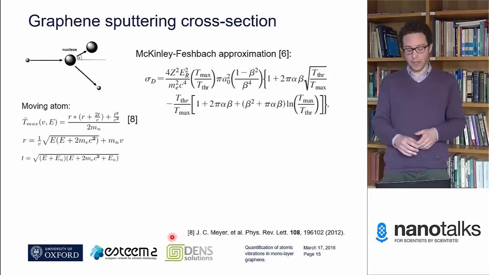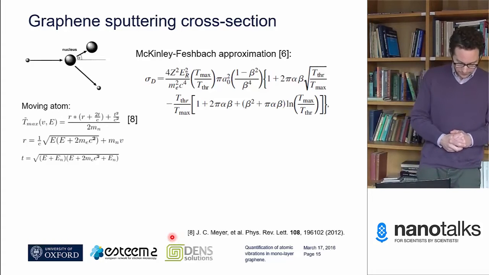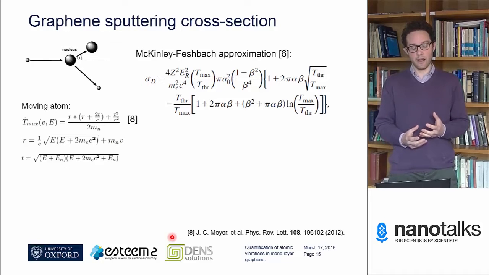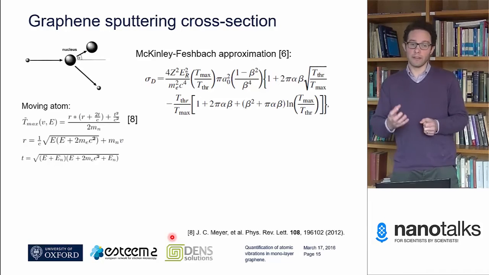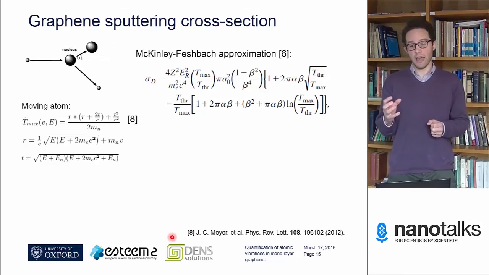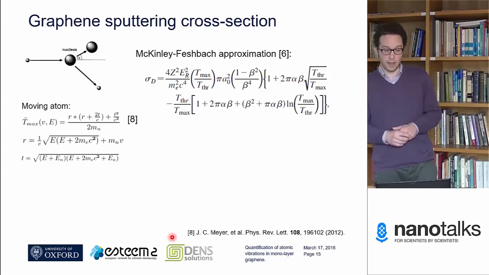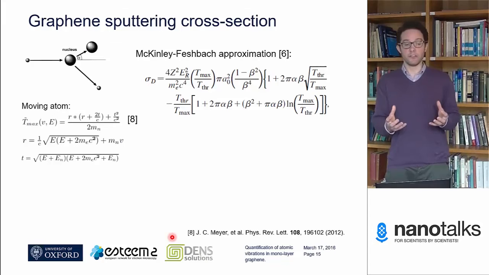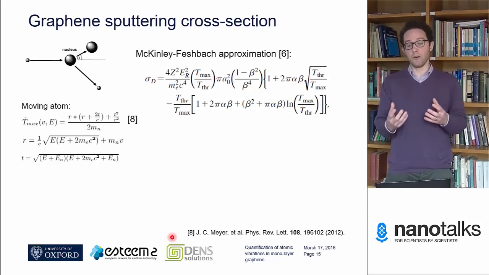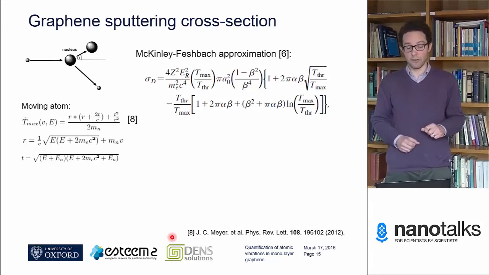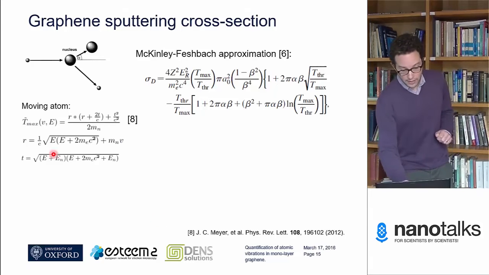This is a problem that Yannick Meyer addressed a few years ago. And he considered then what is the effect of, rather than having a static carbon atom, having a carbon atom which is actually moving, which obviously is a more realistic situation. Even at zero temperature, even at 0 Kelvin, there will be a quantum mechanical zero-point motion of the atoms in the sample, so the atoms are never truly static. So what Yannick Meyer proposed is that if you